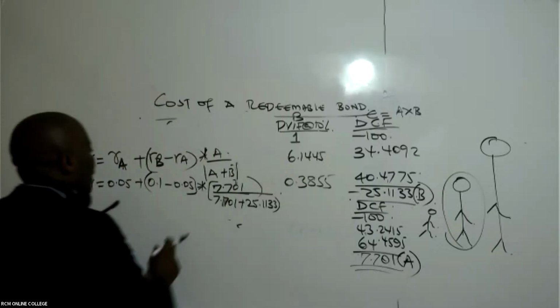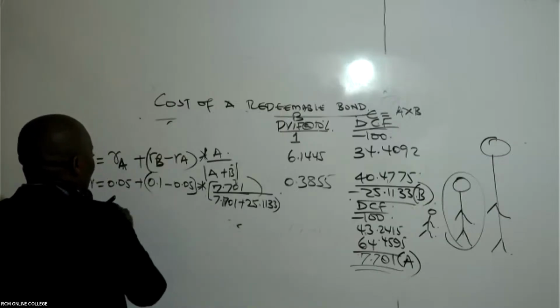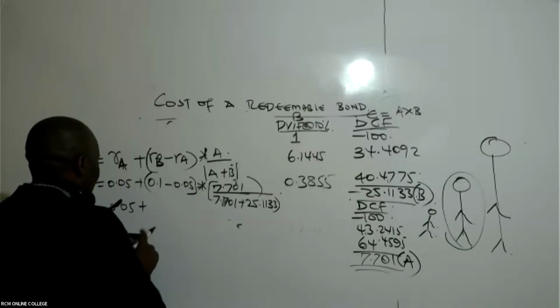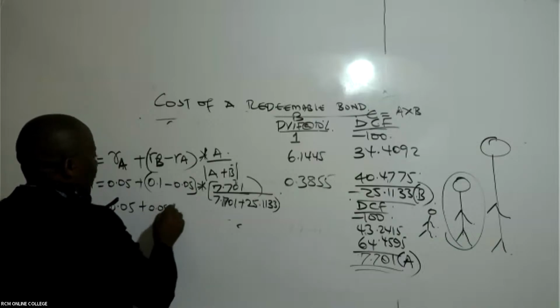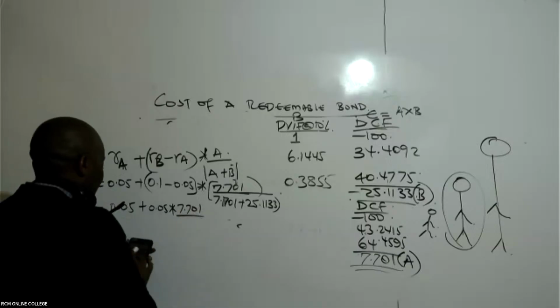If I'm the one doing this, I can even begin with this numerator here, or even bracket. So I'll come on top of 0.05 plus 0.1 minus 0.05. So here we have 0.05 times 7.701 over 7.701 plus 25.1133 equals. So this is